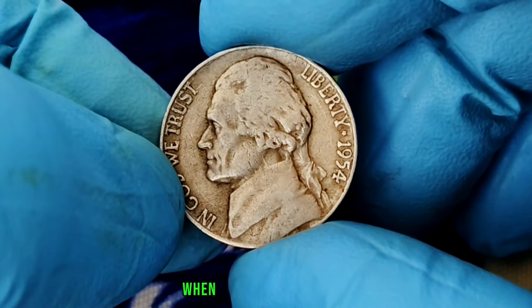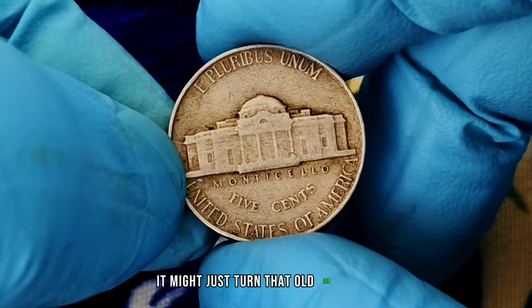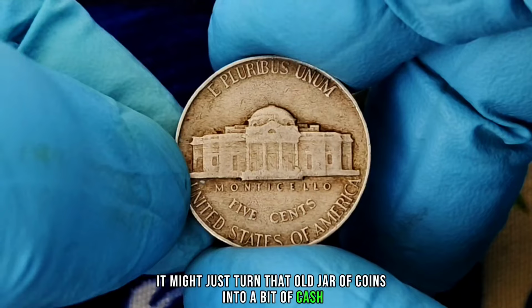When you're selling, remember that taking clear photos and knowing the grade will help you attract buyers and get a fair price. So, the next time you're sifting through your change or inherited collection, keep an eye out for the 1954 Jefferson nickel. It might just turn that old jar of coins into a bit of cash or an important